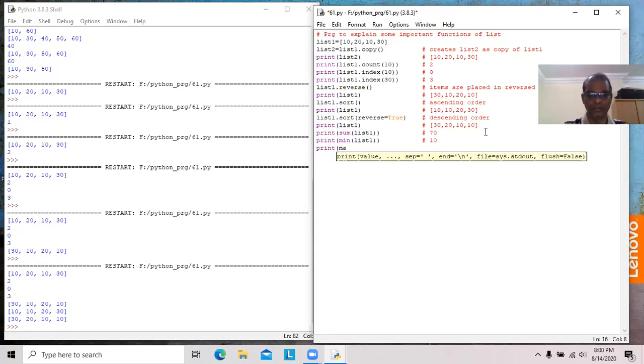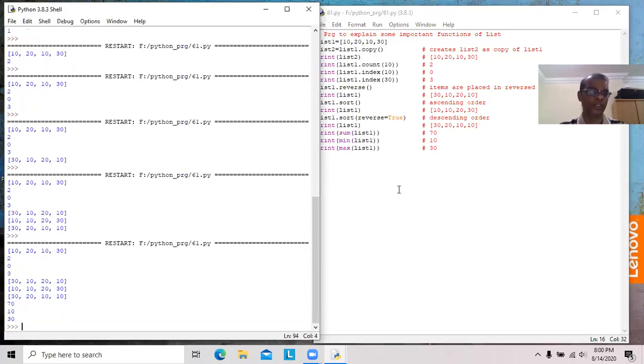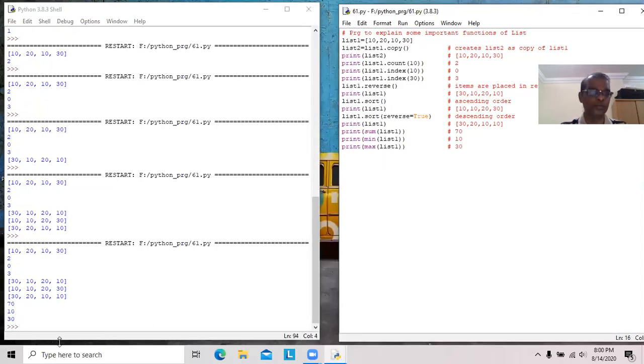Print max of list 1. It is the largest value, 30. So 70, 10, 30. See here, 70 is the sum of all the elements available in list 1. Min returns the smallest value. Max returns the highest value available in list 1.